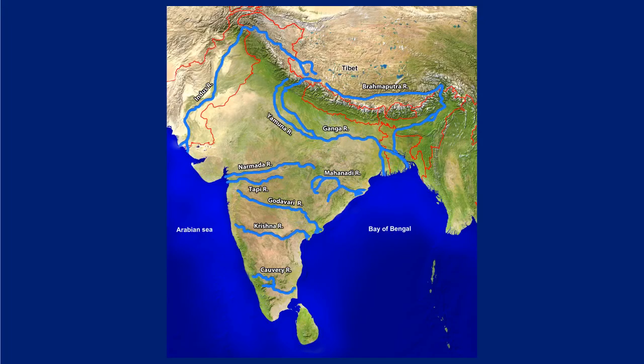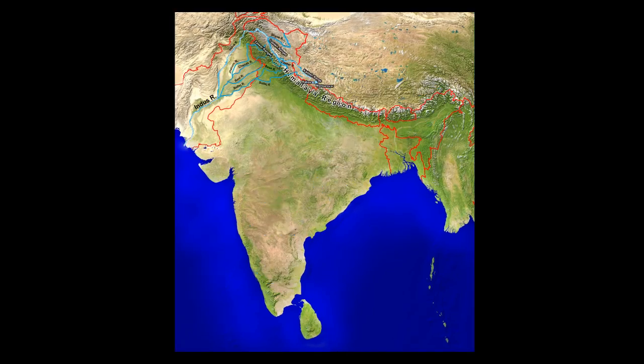Depending upon the origin of rivers, two broad drainage systems of India are generally recognized as the Himalayan rivers, including the Indus, the Ganga, the Brahmaputra, and their tributaries, and the peninsular rivers such as Mahanadi, the Godavari, the Krishna, the Tapi, the Narmada, and the Kaveri. Let us now study about the Himalayan rivers.